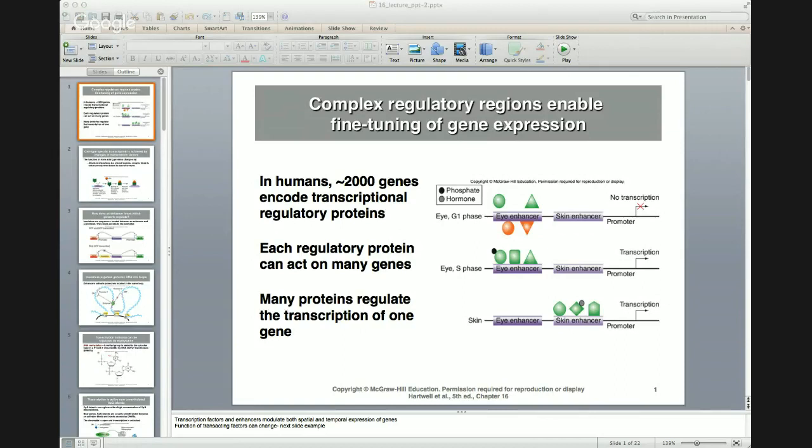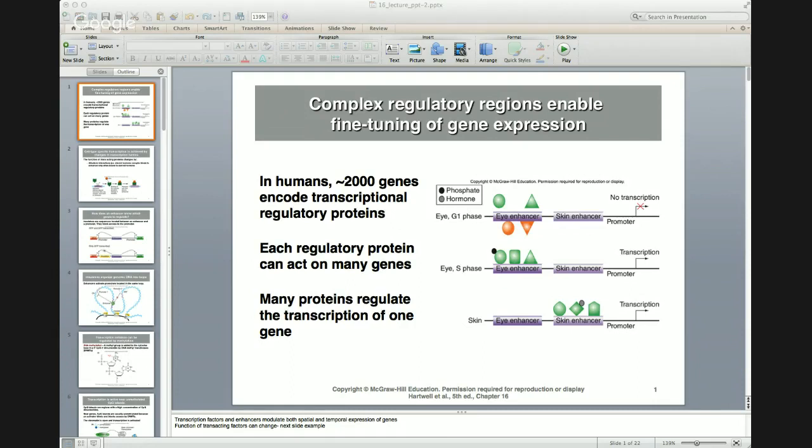Okay, so on Monday we started looking at regulation of gene expression in eukaryotes, and we saw that it's much more complex than prokaryotes, and that there are cis-acting and trans-acting elements involved. The cis-acting elements are the promoter and the enhancer. The promoter is bound by RNA polymerase, and in this chapter we're focusing on RNA polymerase 2, which binds the promoter. The enhancer, on the other hand, is bound by transcription factors, and there are different types of transcription factors.